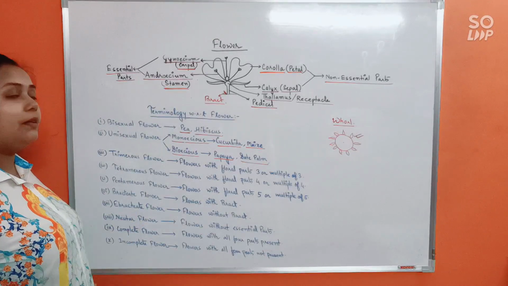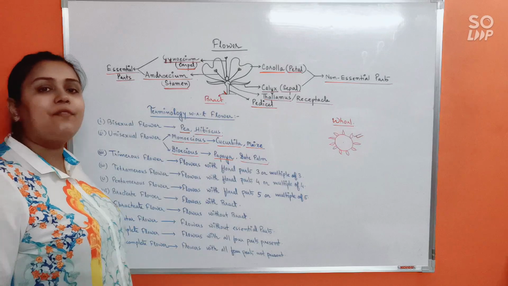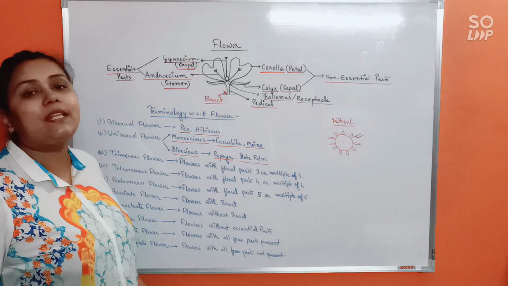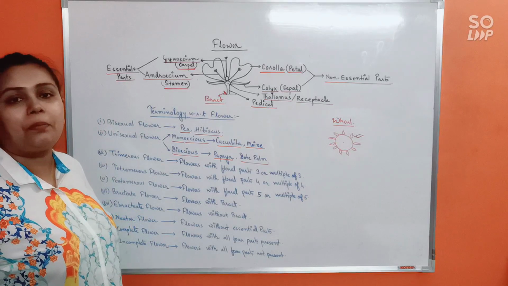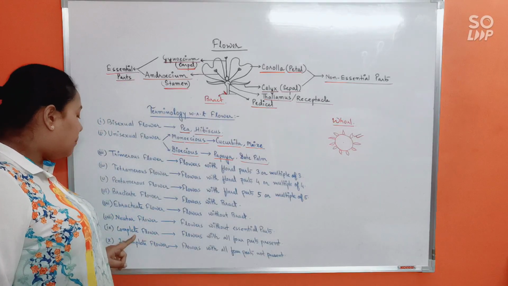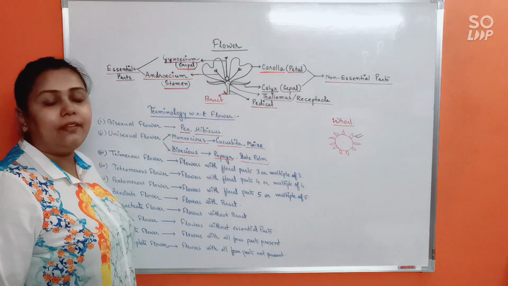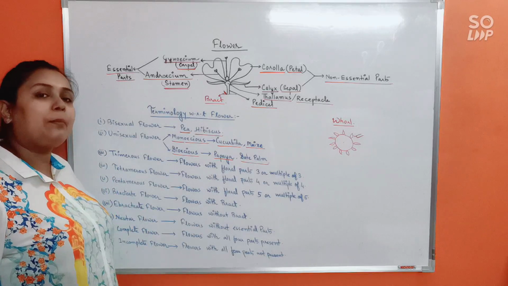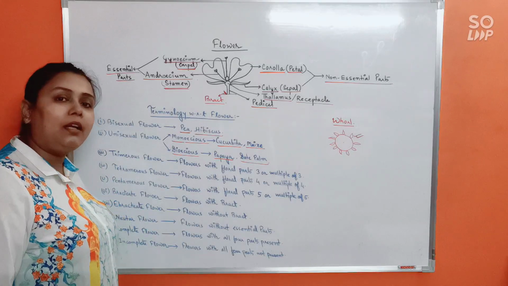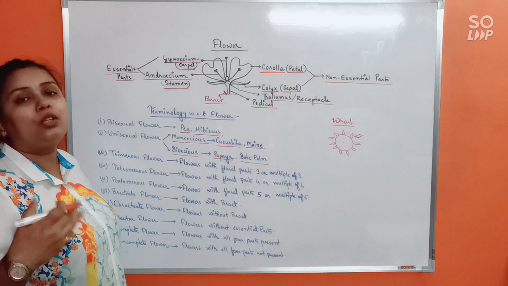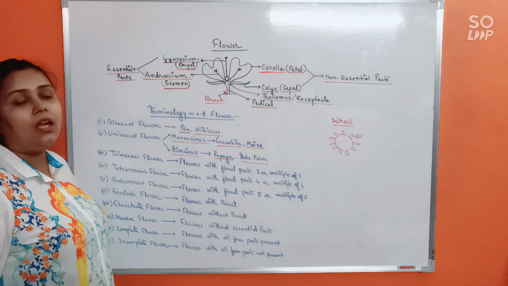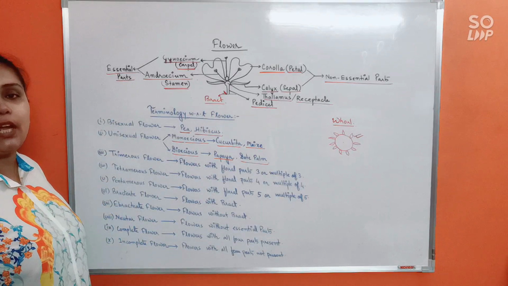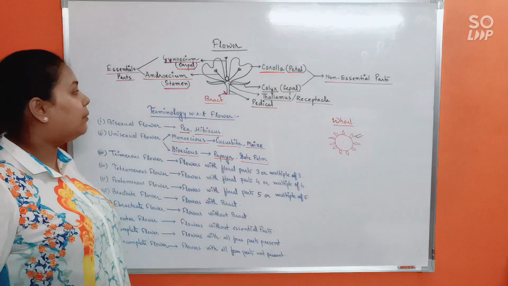Next, neuter flower. If a flower does not have stamen and carpel, such a flower is known as a neuter flower or sterile flower. It won't be able to perform reproduction. Next, complete flower. If in a flower you find that all the 4 parts, that is sepal, petal, stamen and carpel, are present, then we will call it a complete flower. And in case one or more than one parts are missing, we will call it an incomplete flower. Understood? So these terminologies are very important. I hope all of you have been clear regarding the meaning.